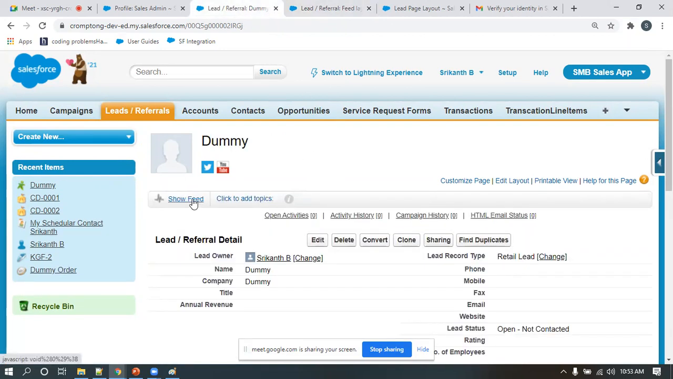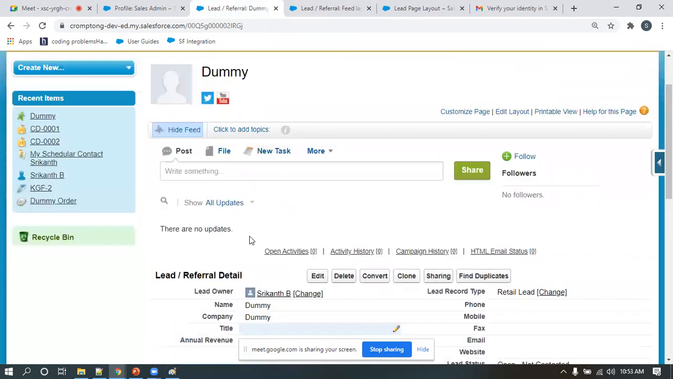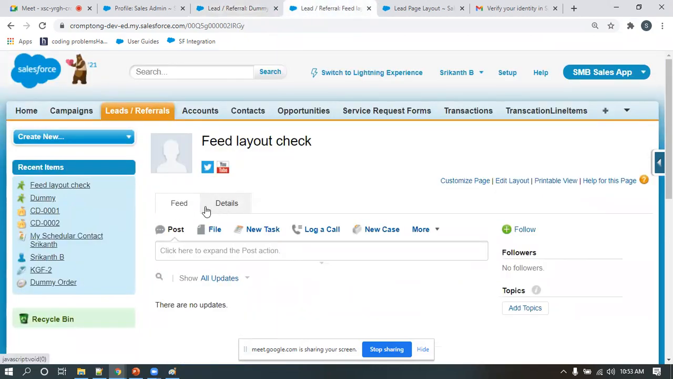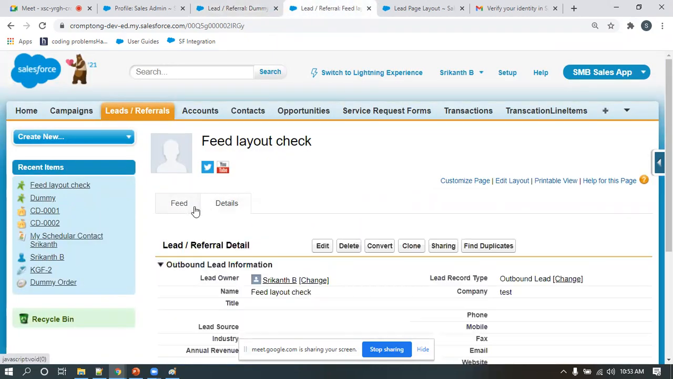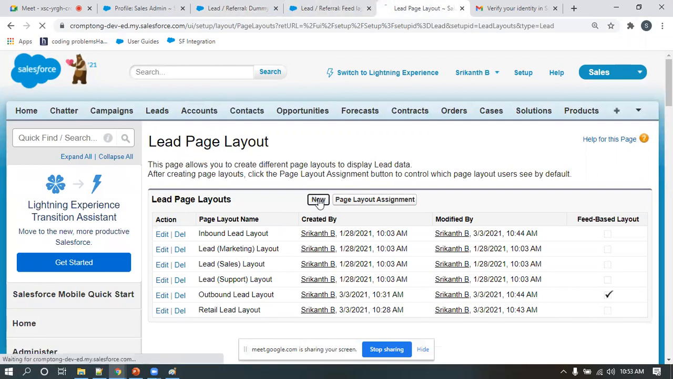If you see here, for the feed there is no separate option. Directly it comes in the detail section. There is no separate tab. But in the feed based layout, you have separate tabs for feed and details. That is the only variation. That's why when creating a lead layout, I chose it as a feed based layout. Here, when I click on new,